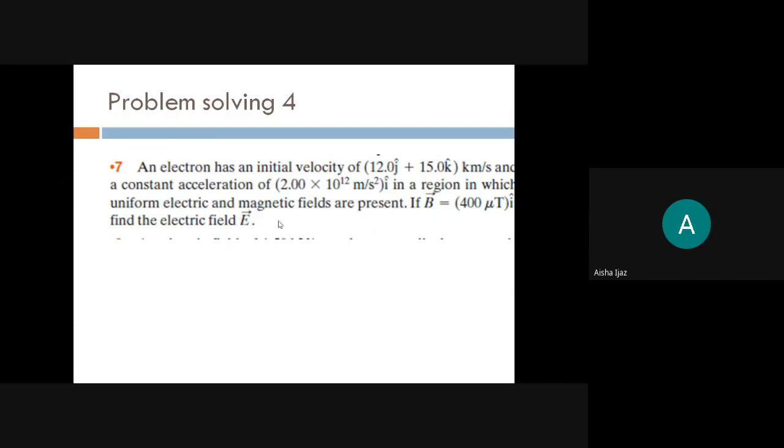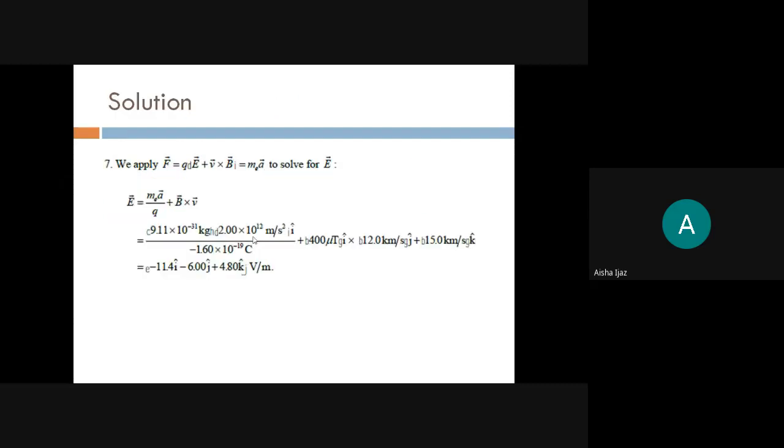So E, you will take it like EX I plus EY J plus EZ K, because the problem is in three dimensions. I, J and K are present here, so let me take E equal to EX I plus EY J plus EZ K. Automatically you will get the same result in I, J and K at the end. So for V cross B, open this determinant and you will have ultimately this equation. Again, comparing the coefficients, you can find EX, EY and EZ, as I told you previously.